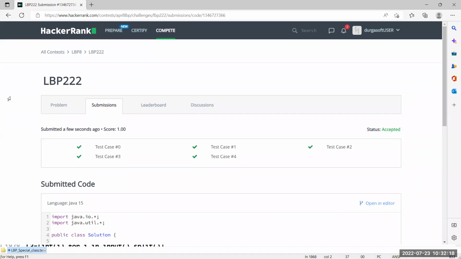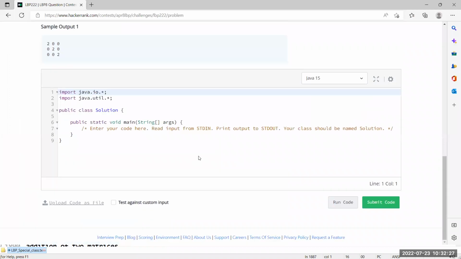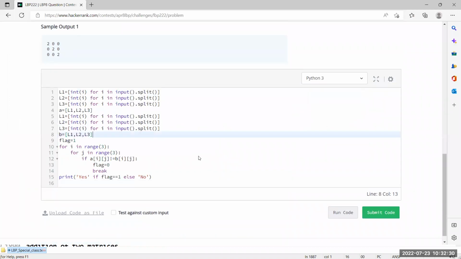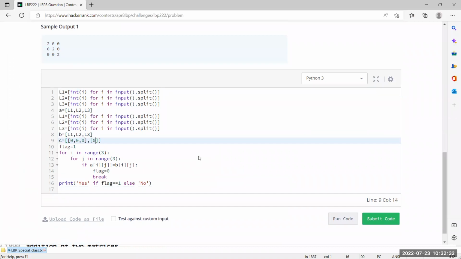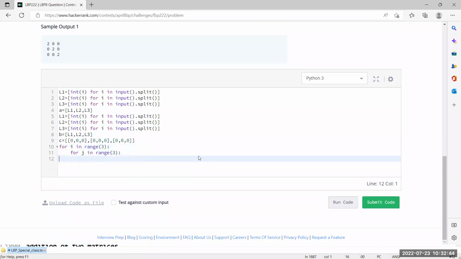Sir, how to implement in Python? Same steps. So A, B, I'm taking C, but make sure you have to take empty elements here, because we can't create with the size, right? It is immutable. Sorry, it is mutable. That's why I'm creating like this. Then what is the formula here? We have to take the formula like C of ij is equal to, sorry, A of ij plus B of ij. That's all. Finally, for i in the range of 3, similarly for j in the range of 3, you have to print,